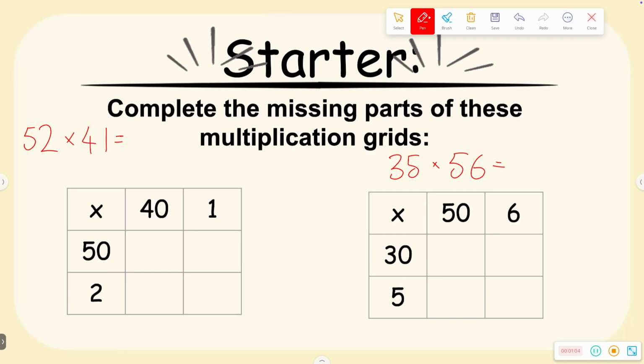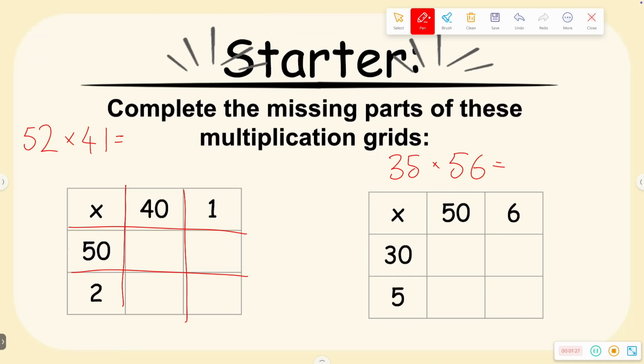Okay, so when we draw it, we draw a grid. We can just do two vertical lines and two horizontal lines. And then we put our tens here, our ones here, our tens here, and our ones here, right? So we have 50 and 2 and 40 and 1. And then when we go through it, we're just making sure that we multiply the two numbers that match on